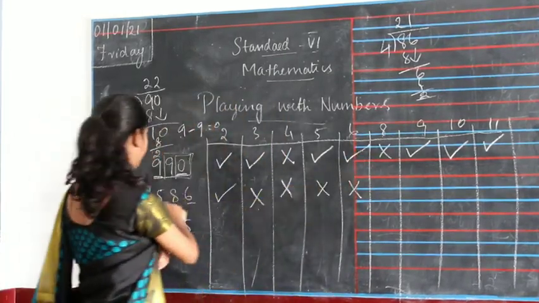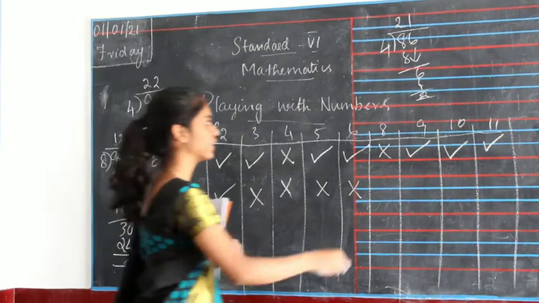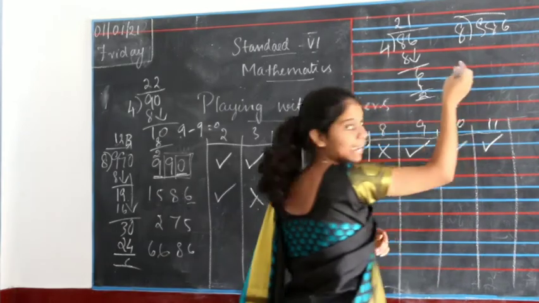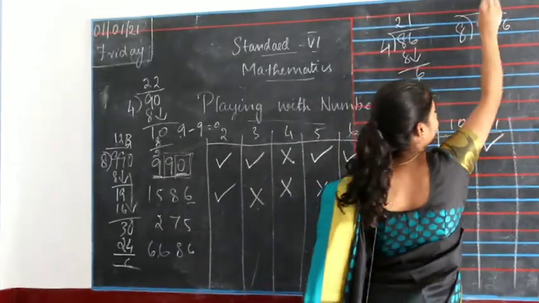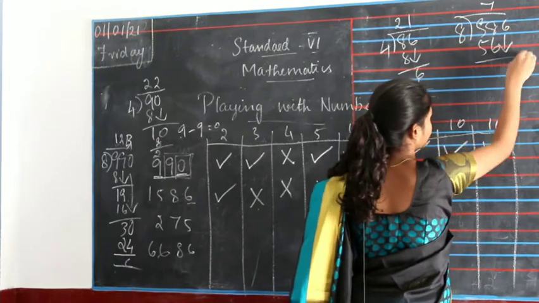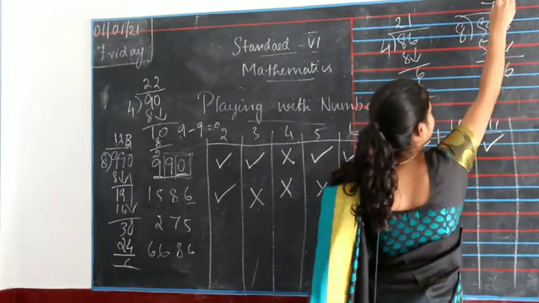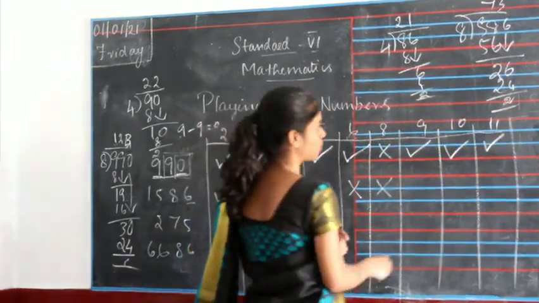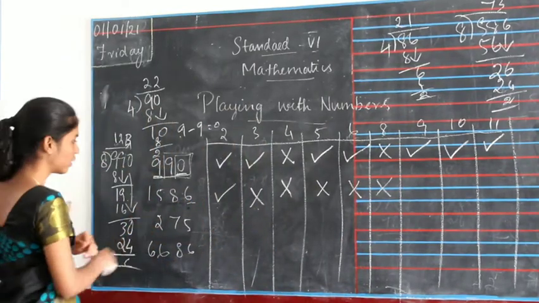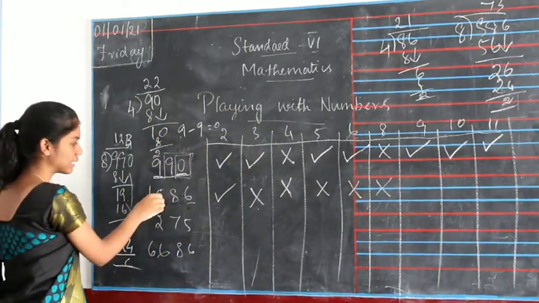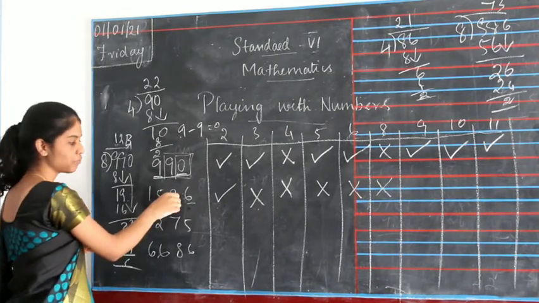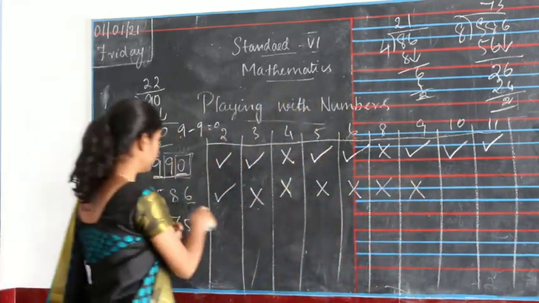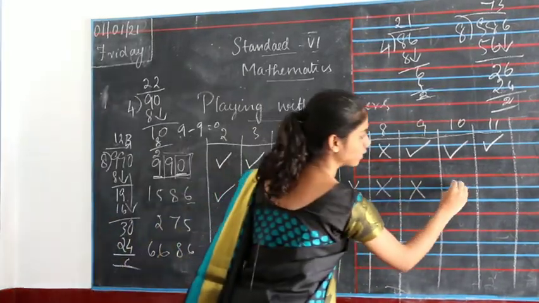Then for 8 you have to divide and see for the last 3 digits, which are 5, 8 and 6. 8 6s are 48, 8 7s are 56. So 2 and 6, 8 3s are 24, you will get 2 as a remainder, so it cannot be divided by 8 also. For 9 you have to add all these numbers, right? 1 plus 5 will be 6, 6 plus 8 will be 14, 14 plus 6 will be 20, which cannot be divided by 9. Then for 10 it should be 0 only,